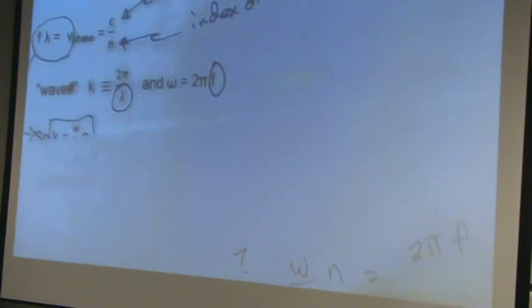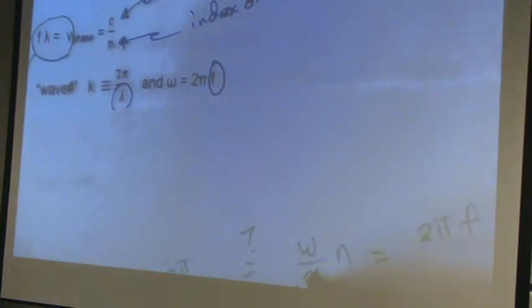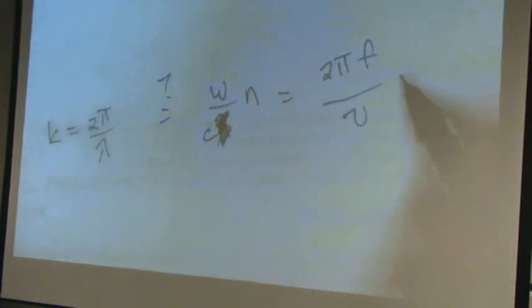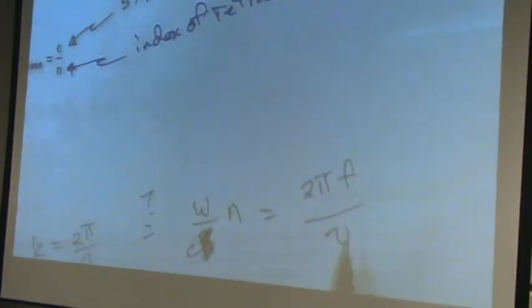Omega divided by c. Yeah, that's right. So that's 2 pi. C divided by n is velocity. And so saying that that is equal to that says the same thing as,